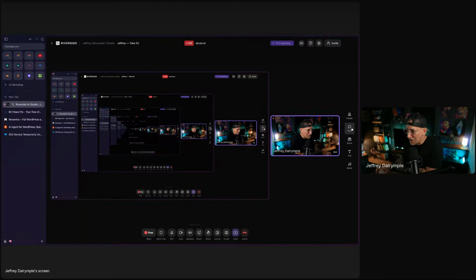We got to do screen shares because I got a lot of stuff to share. We're going to be doing some live stuff. We're going to be exploring some AI agents and MCPs. We got the MCP from Dynamic OO. We're going to explore connecting that MCP up with Claude Code. I got a local site set up. We're going to go through that whole process. I got a few things that I want to experiment with on that. And then also with Bitflows, I want to explore their AI agent, setting that up as well. So I got two big goals here.